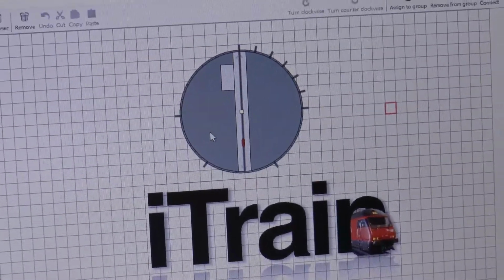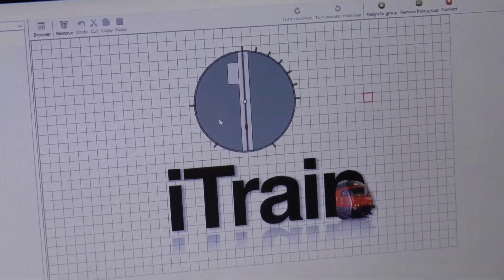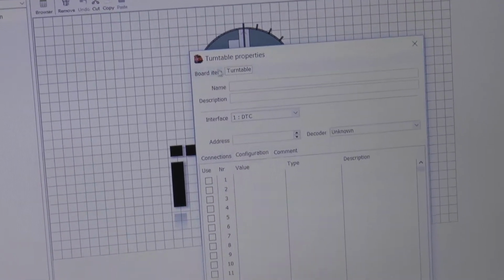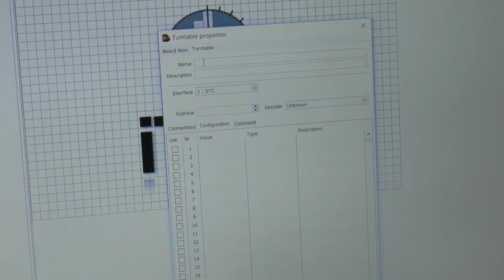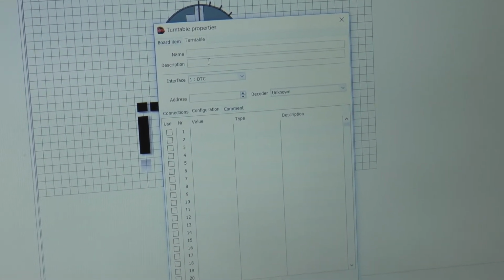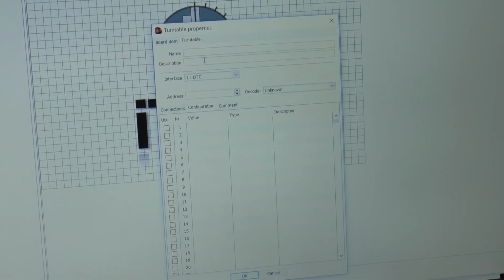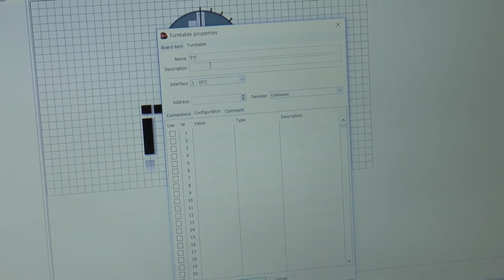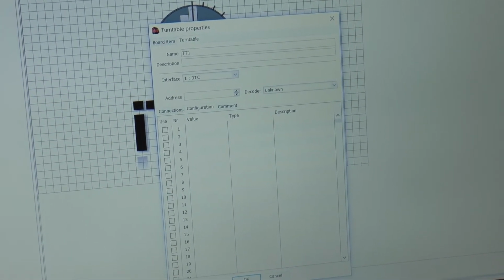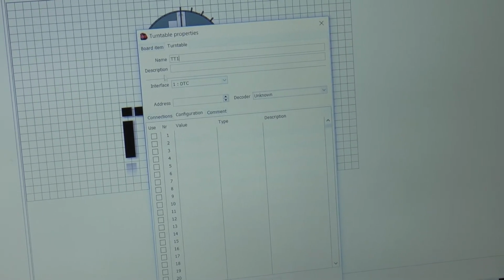So what do we do next? Okay, so the first thing we do is double click within the turntable, and it opens up the properties of the turntable. Okay, iTrain uses names to describe all the items, so unless you've got more than one turntable you might want to call it something else, but I'm just calling it turntable 1. Okay, so now you can see the interface,